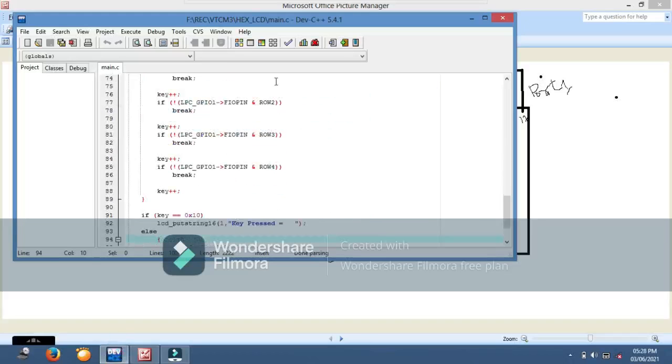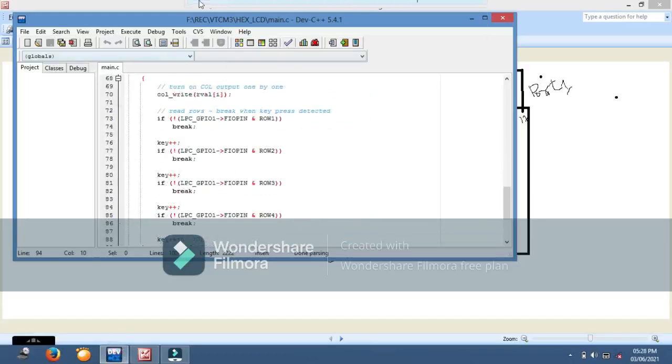So once you find that this key is not pressed, the if statement is not executed, right? The key will be plus plus, then key will become 1. Here the second key in the column is also not pressed, the third is also not pressed, the fourth is also not pressed.